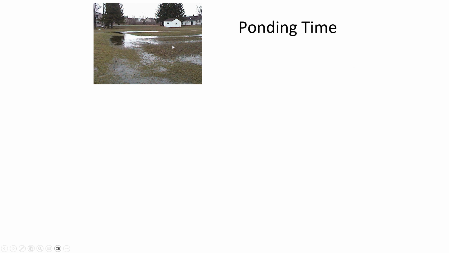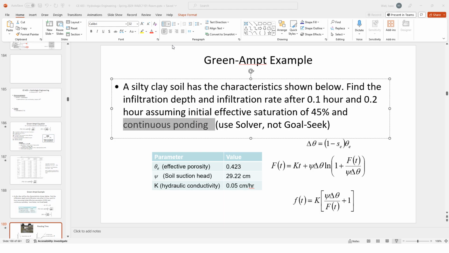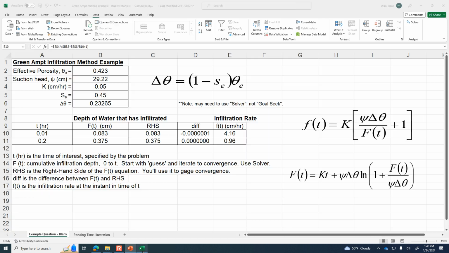So this is ponding. And we can calculate how long it takes for ponding to occur if the precipitation rate is less than the infiltration rate. That's going to be most of the time. It has to be a pretty big storm, like what we just solved for, 4.16 centimeters per hour. What is that in inches per hour? There's 2.54 centimeters per inch, right? Divided by 2.54, so 1.64 inches per hour. In Huntington,